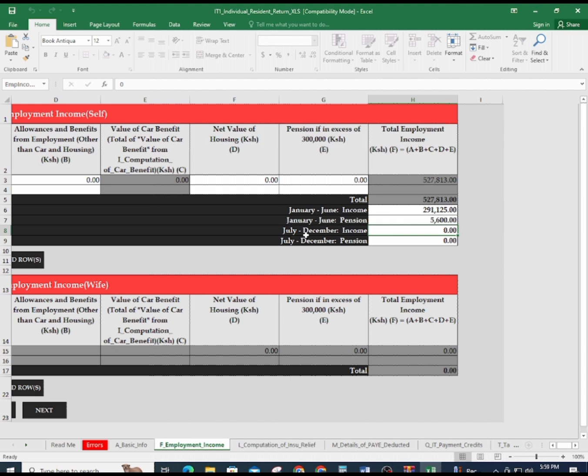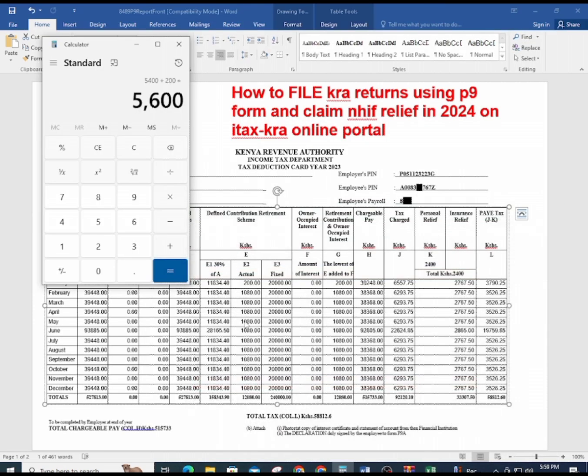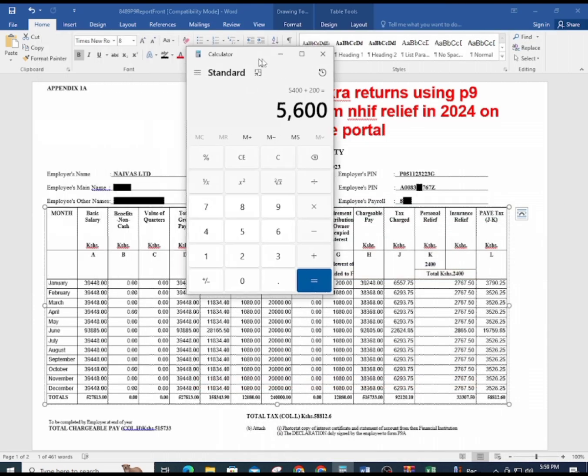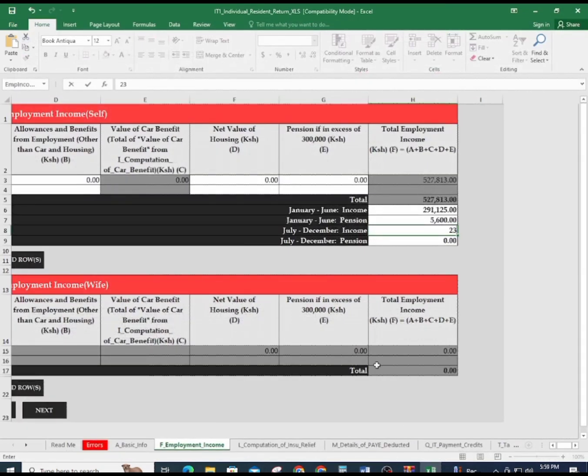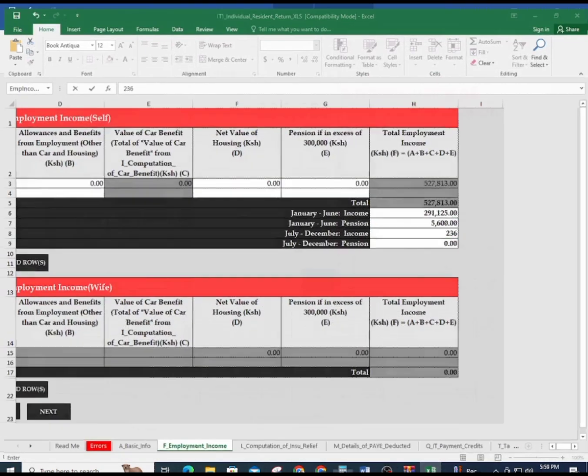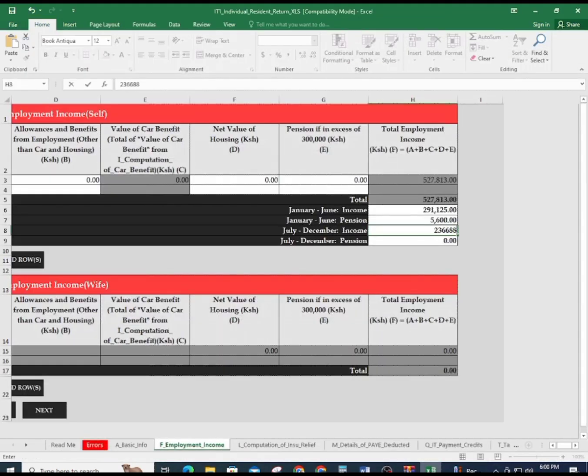Then from there you are required to feed in the July to December income. So on your template you will add July to December income. The income is fixed on the column of basic salary. So we can just type 39,408 times 6 months, that is 236,688. Then from there you are required to feed in the